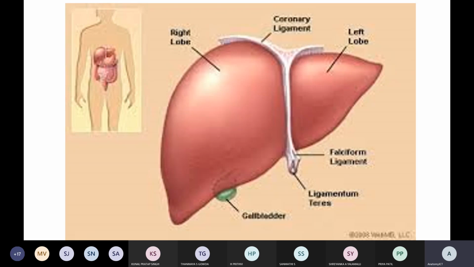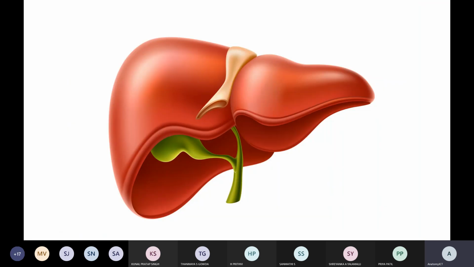Now, so this is about the location and support of the liver. Now we are moving towards the real anatomy of the liver. What are the anatomical features of this particular liver? So when you see, as I have told, there are different surfaces. This is not in a proper position, and that is the reason we call it wedge shaped, right? So for study purposes, we have divided the surfaces accordingly.